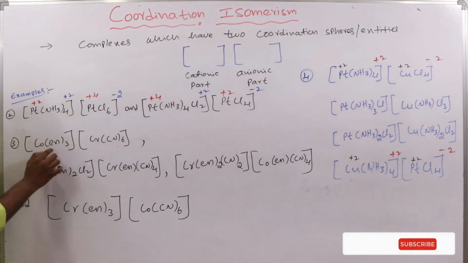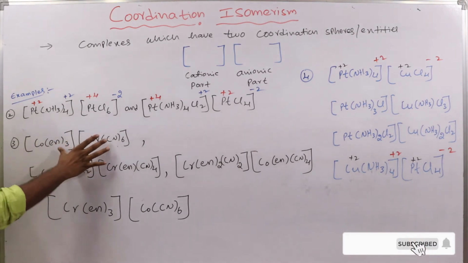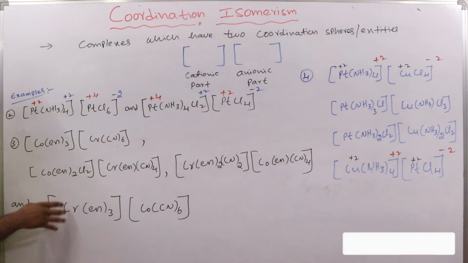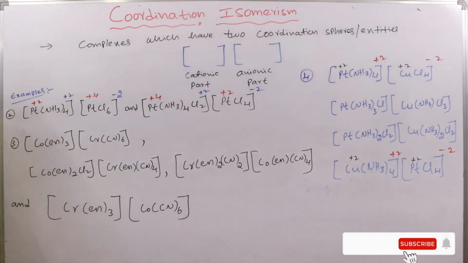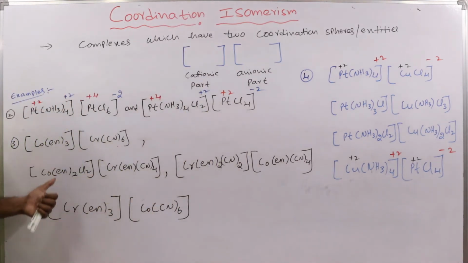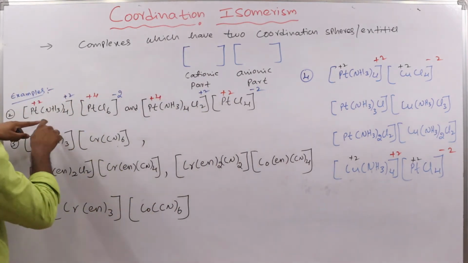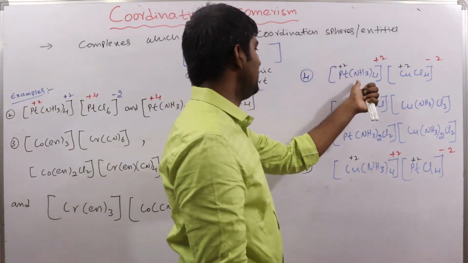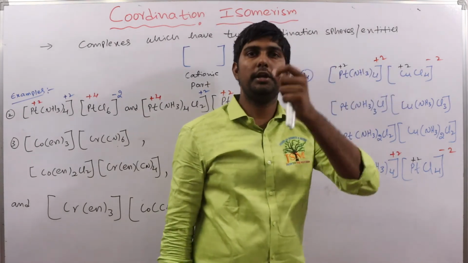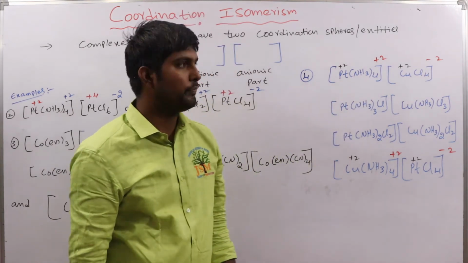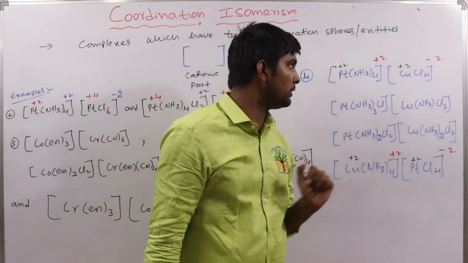Okay, see here also two different metals and the ligands are exchanged between the two coordination spheres. Okay, so these are the four possible isomers, coordination isomers for this complex. Okay, clear. Next, see here, these are, we discussed, the hexa coordinated complexes and here it is a special tetra coordinated and one is hexa coordinated. And next here, see both are the tetra coordinated coordination spheres. Okay, coordination number is here also 4, here also 4. Okay, so here also total 4 isomers are possible.